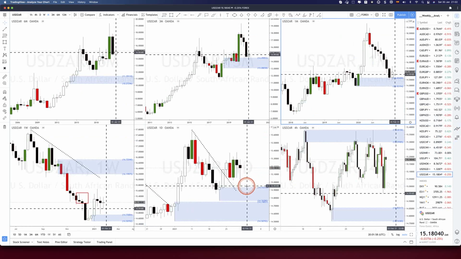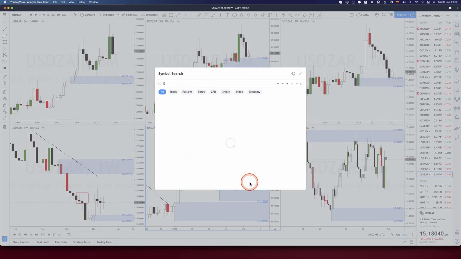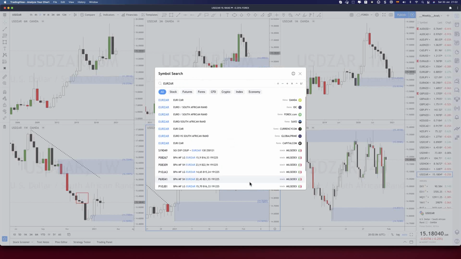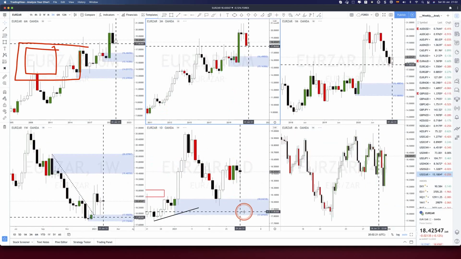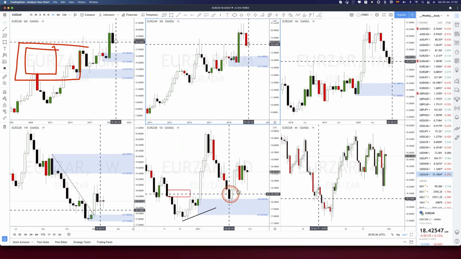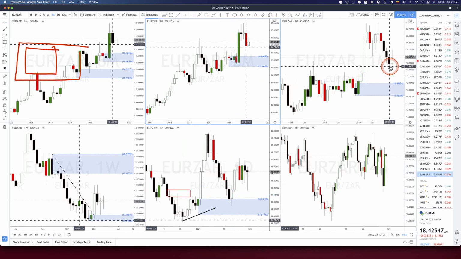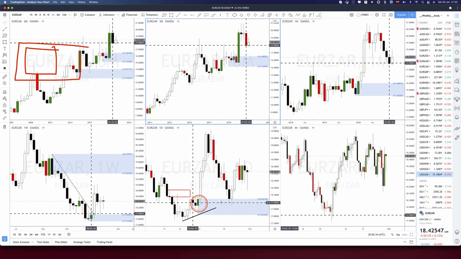It's a pity that it did not retrace to the area of demand daily, like I mentioned in the previous analysis. On the Eurozone, which is a highly correlated cross pair to this one, it only changes the currency on the left side. This is the dollar, and now we're going to take a look at the Eurozone, which has a very strong area of demand that took control, and that's a valid entry over there on the daily, as explained, because we had a 20 MA confluence over there, monthly in an uptrend, and the weekly area of demand in control, and it's trying to play out.